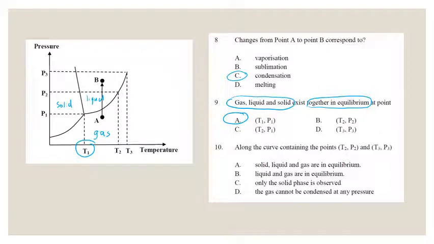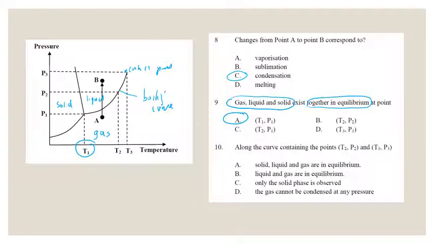Along the curve containing the point T2, P2 and T3, P3. So, what happened along the curve? Okay. So, kalau kita tengok T2 and T3, so, ini adalah kita punya boiling curve. Okay. Pada boiling curve, selalunya, di sini adalah kita punya critical point. So along the curve, kalau kita tengok along the curve, kita boleh kata di situ liquid and gas, the gas